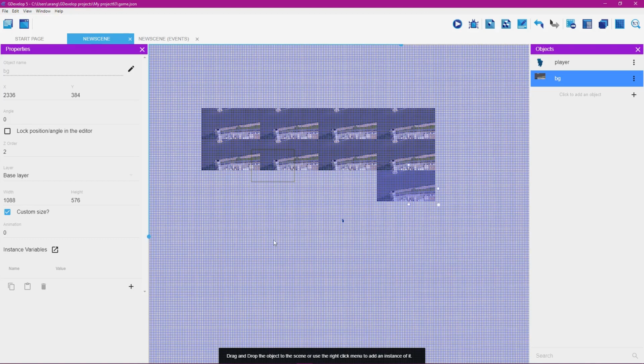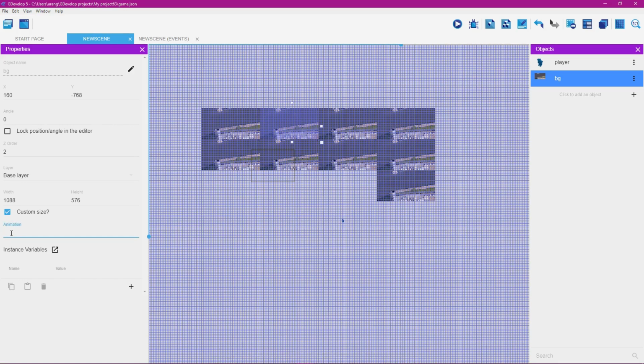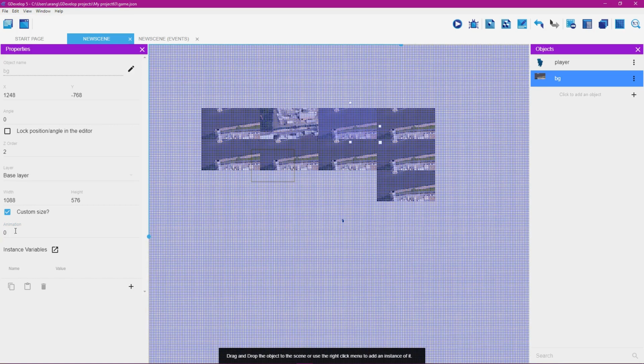Okay, you're probably saying these are all the same pictures. You are correct. So when we click here, we can see here's the animation number right here. So this is 0, right? Now let's click on the second picture here. We'll change this to 1. You can see that picture changes. We'll click here. We'll change this to 2,